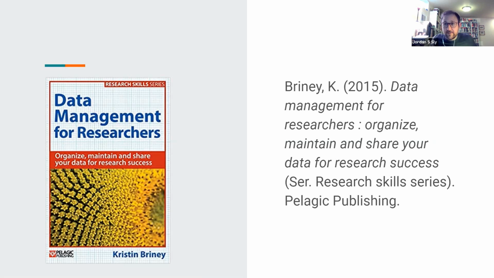And this is a good book. It's a little pricey. It tends to hover around something like $40 or so on Amazon, but I have seen secondhand copies here or there for like 20, depending. It's fairly new as these things go, but it is a very good book. And it's where we've pulled a lot of our information about how to do research data from. So if you have questions about all of this, this is a good place to start looking for it. Okay.